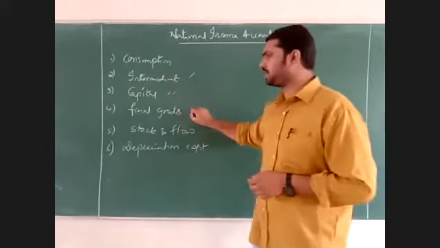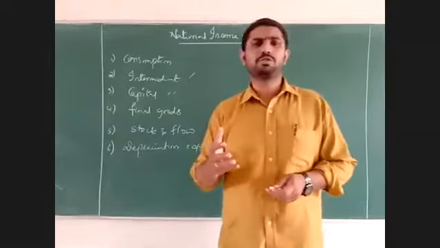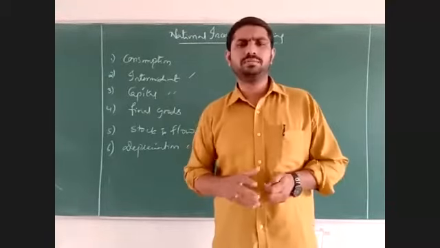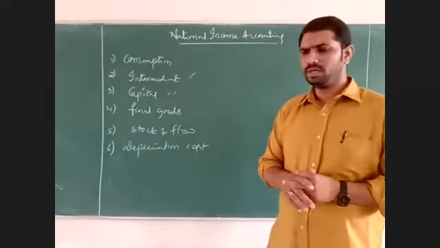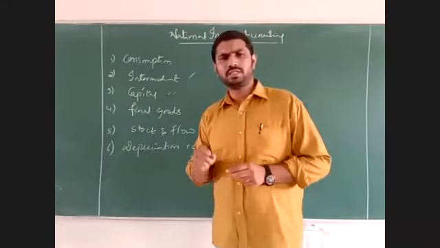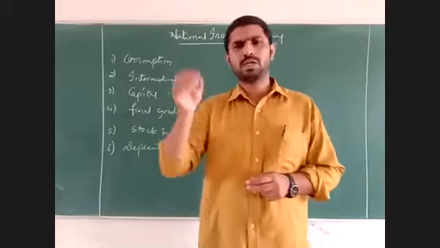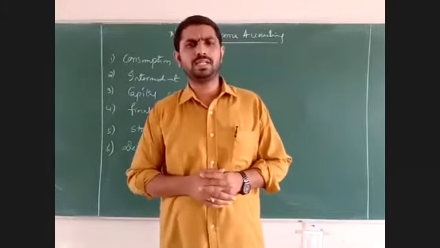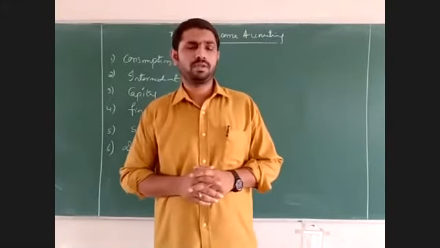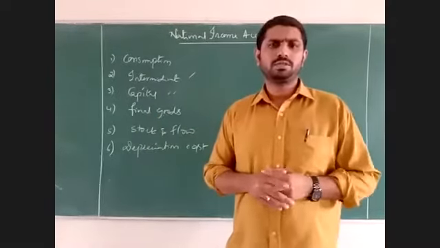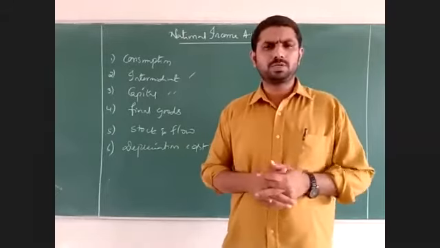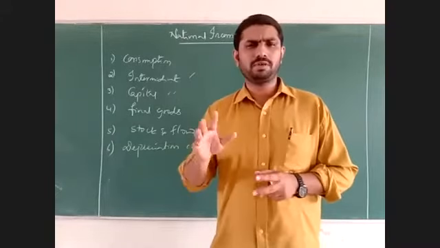And the good which is calculated in the calculation of national income is called the final good. The final good consists of the final value, which is to be considered in national income accounting. So let's go through one or two examples so that we can easily understand why only the final good.